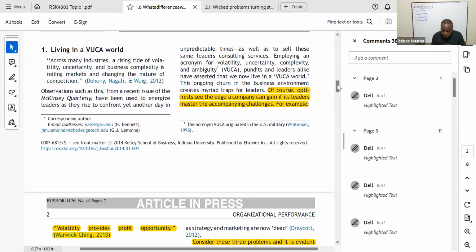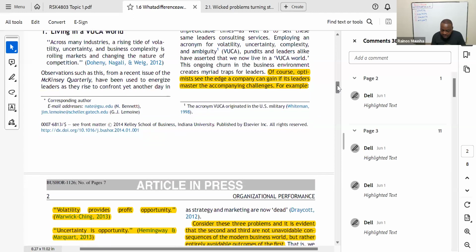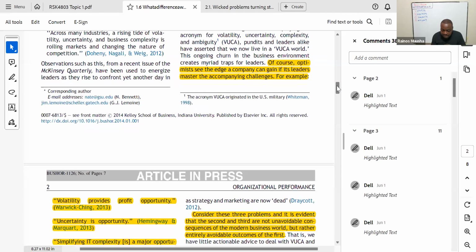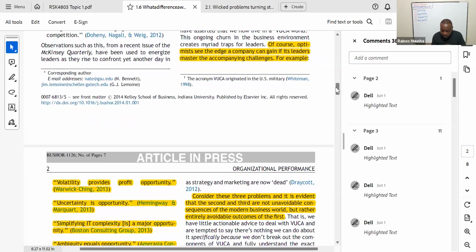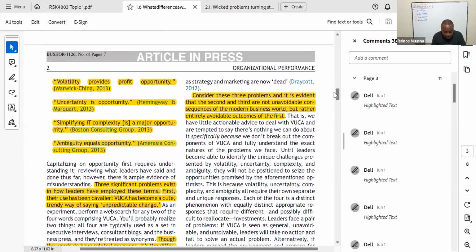So they say, of course, optimists see the edge a company can gain if its leaders master their accompanying challenges. For example, volatility provides profit opportunity. Uncertainty is opportunity. Simplifying IT complexity is a major opportunity. And ambiguity equals opportunity. So now, when you look at RSK4803, we're basically saying